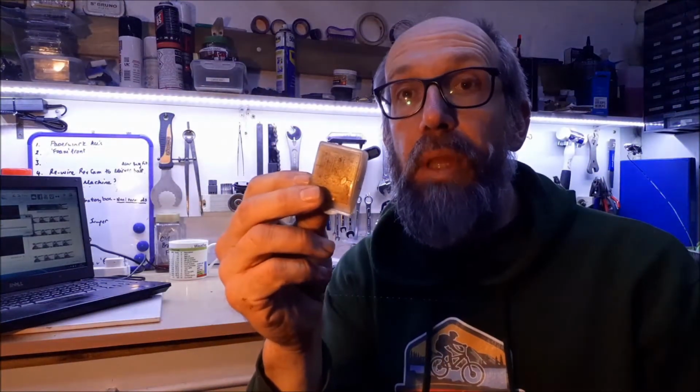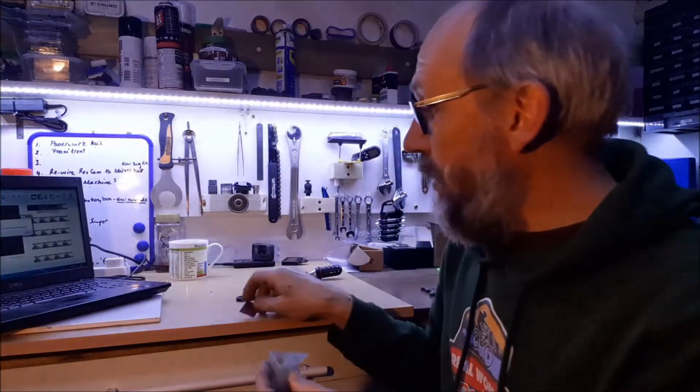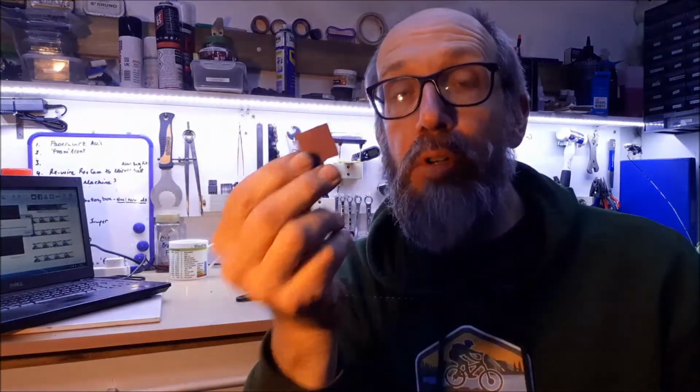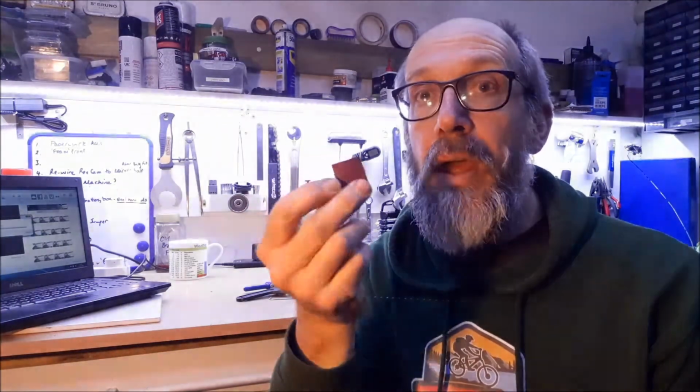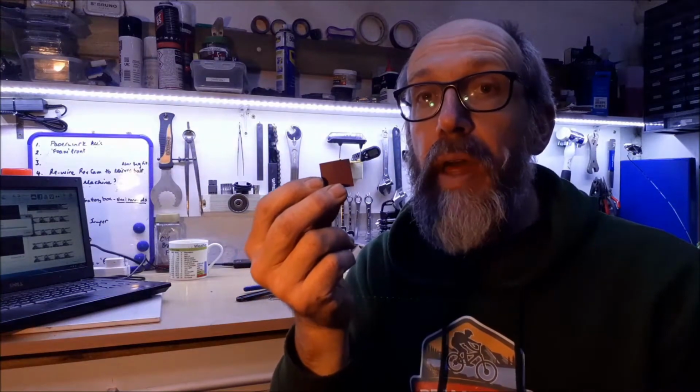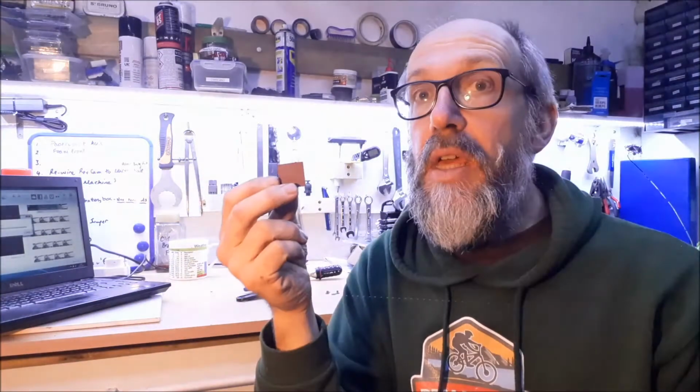Next up, we've got the patches. In this tube, I've got a little emery board, really, really useful. If you're going to patch an inner tube when you're out, and I would say if you're out for a longer day and you're only carrying one tube and you get a puncture, it's good practice to repair the tube you've just taken out, just in case your new one gets punctured later on in the day. So, the emery board is for roughing up the